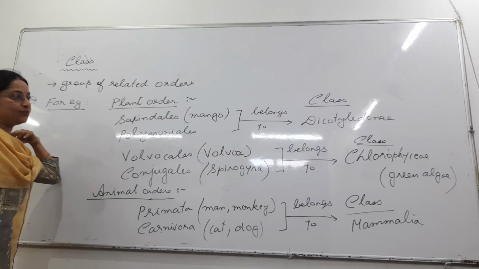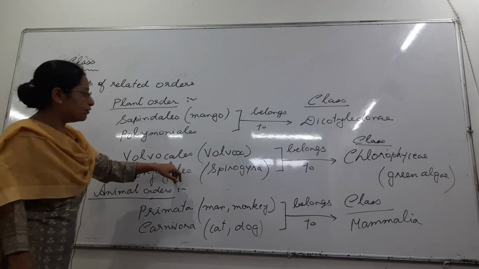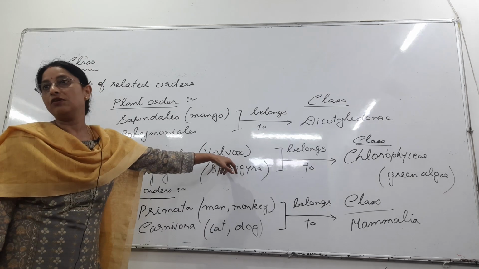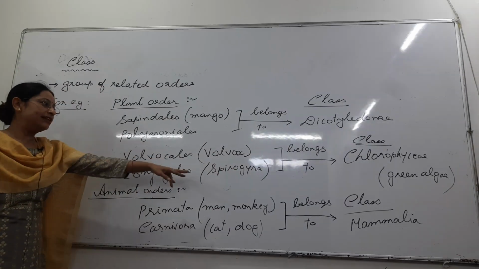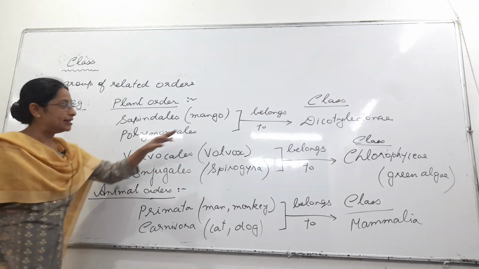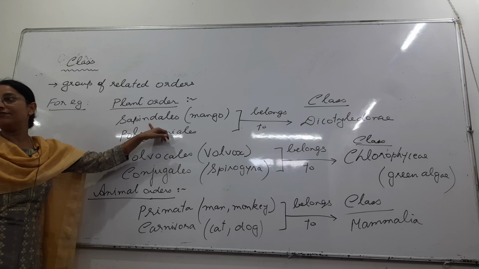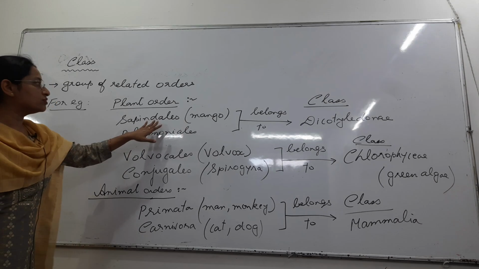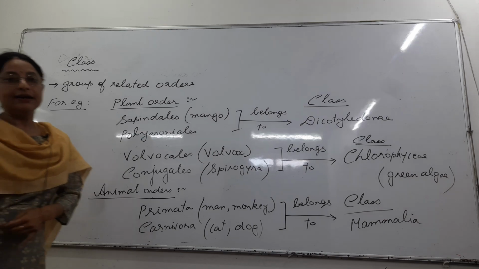Green algae. As far as Volvocales and Conjugales are concerned, Volvocales isn't the scientific name of Volvox, right, but Volvox belongs to this order. Similarly, Spirogyra belongs to this order. Similarly, if you are talking about mango, its scientific name is not Sapindales, it is Mangifera indica, but it belongs to the order Sapindales. And I think you all remember what we said yesterday about that table